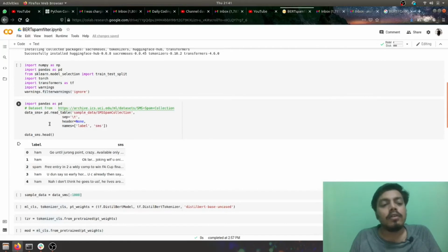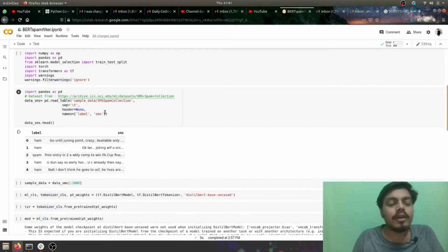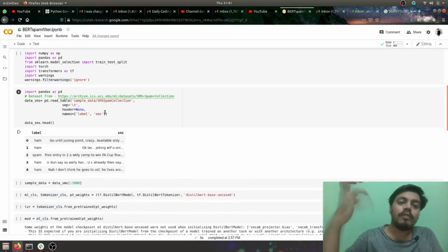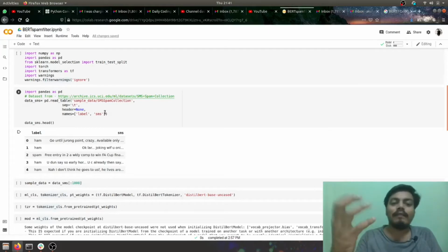Okay, so here I've picked the data set from UCI, that is the SMS spam collection. So here we would be creating an SMS spam classifier, not an email spam, okay, my bad. Whenever any SMS comes to your phone, it automatically goes into spam, or such kind of an application. On the basis of the text from the SMS, it will tell whether it's a spam or a ham. Ham stands for a normal message, it's not a spam message.